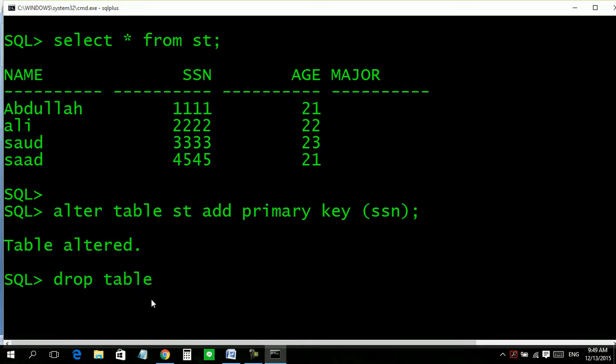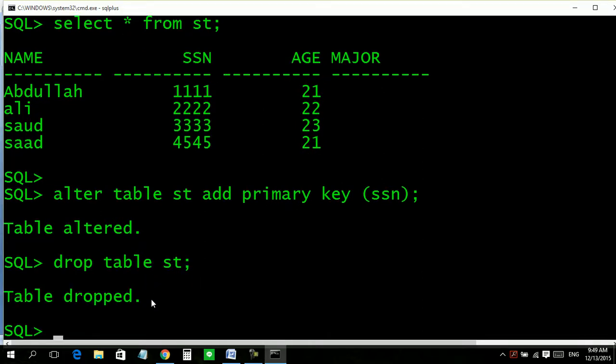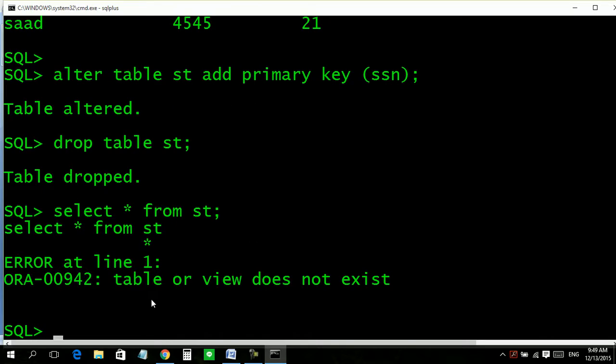Drop table ST. The table has been dropped. Select * from ST, there is nothing like this. Now we will create it again. Create table ST,